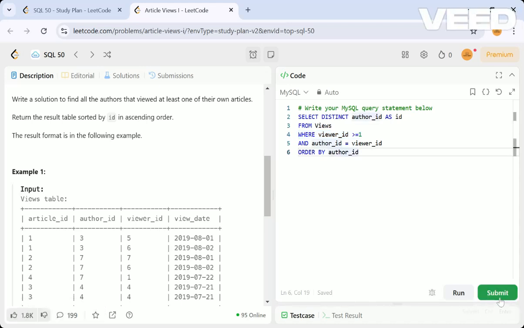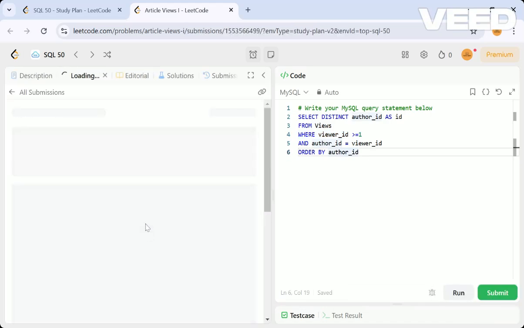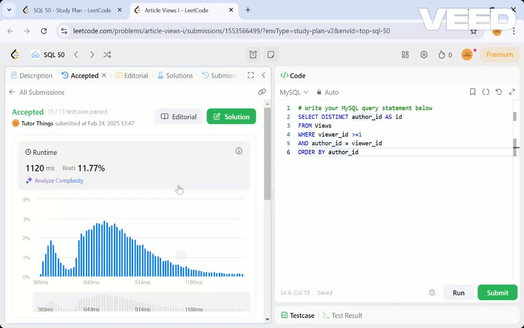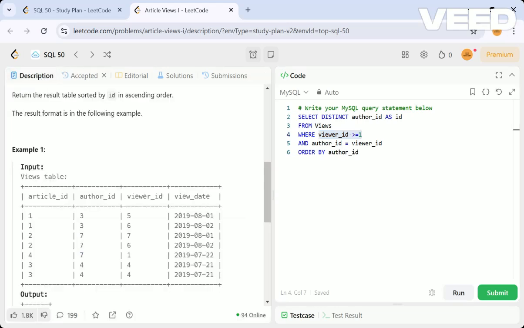Let me submit and show you. See, viewer ids are all positive, like the id of a person should be positive, so it will start from one. If you have mentioned this kind of thing, it is accepted. You can see every test case passed. Even though this is not a correct one, because as I said, viewer id is not the count.